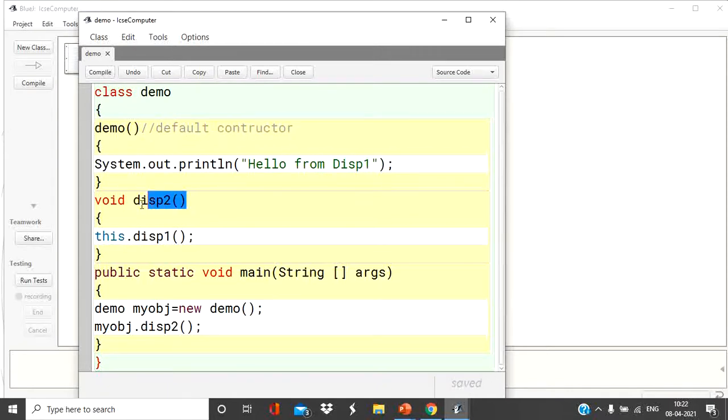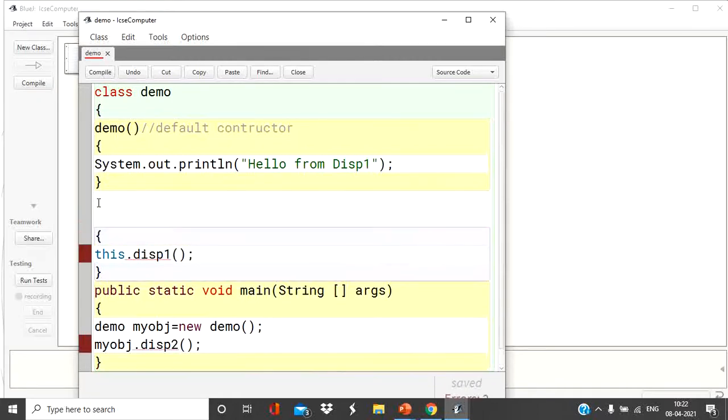And now another constructor we are going to declare: demo, and this will be a parameterized constructor. So we have declared int a. Now in this constructor we want to call the default constructor. So simply, students, just take care of this and understand.